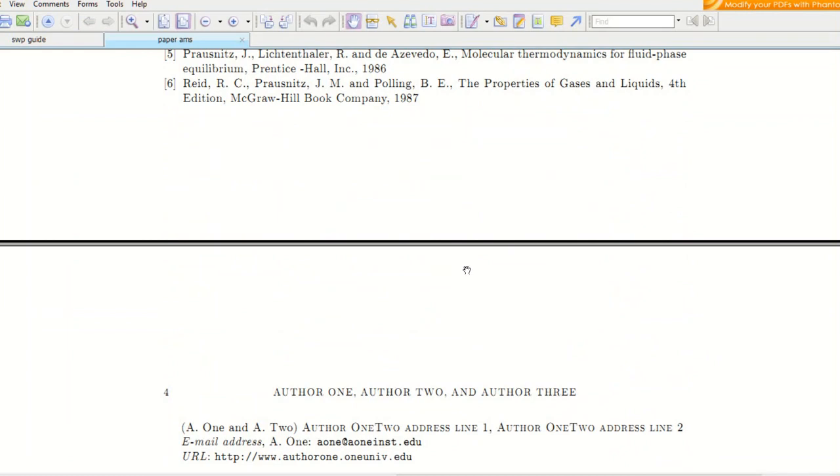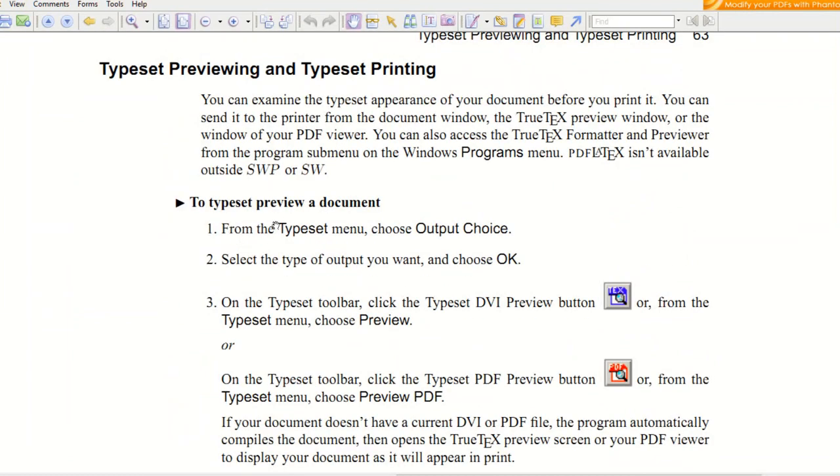To typeset preview a document, from the typeset menu choose output choice, select the type of output you want and choose OK. On the typeset toolbar click the typeset DVI preview button, or from the typeset menu choose preview.